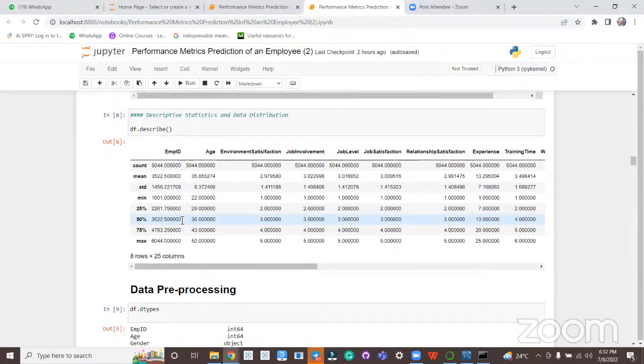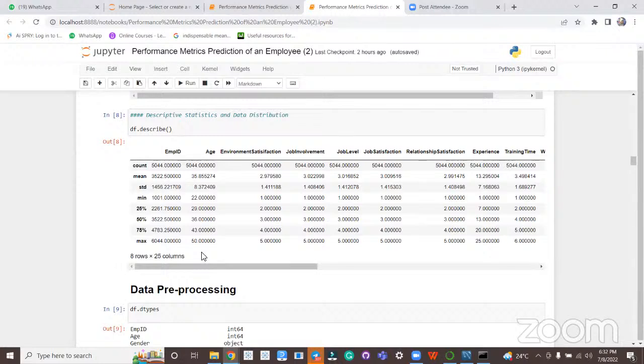By analyzing this data, of course, the describe function only works for numeric columns. That is something we need to remember. But it gives us the preliminary required calculations for analyzing the numeric data.